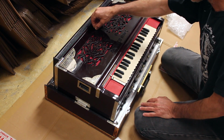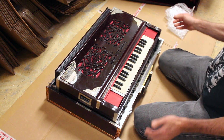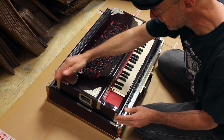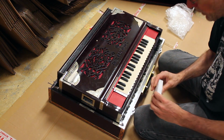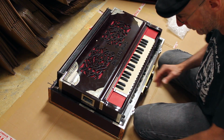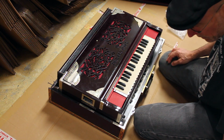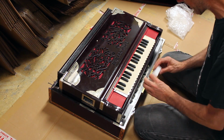So the first thing to do is to drop it down into the outer box, and then you have slight movement left and right here, back and forth. So you want to put things, we're using this foam, it's got to fit right, not too tight, but not too loose either. So I've kind of prepared these. It's going to look very easy and organized, but it takes a while to arrange all your material and get it organized. But once you do,